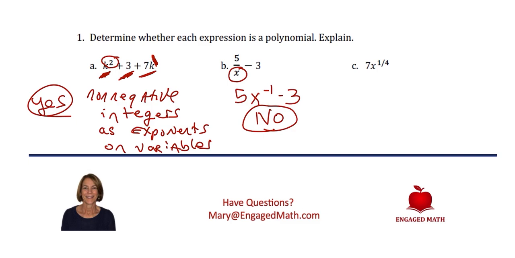Let's move along to C. So in problem C, we have an exponent of 1/4. So the exponent of 1/4, because 1/4 is not an integer, we don't have our criteria that we listed in 1a where we said non-negative integers as exponents on variables. We don't even have an integer in part C as the exponent on the variable, which means we do not have a polynomial. So our answer to C